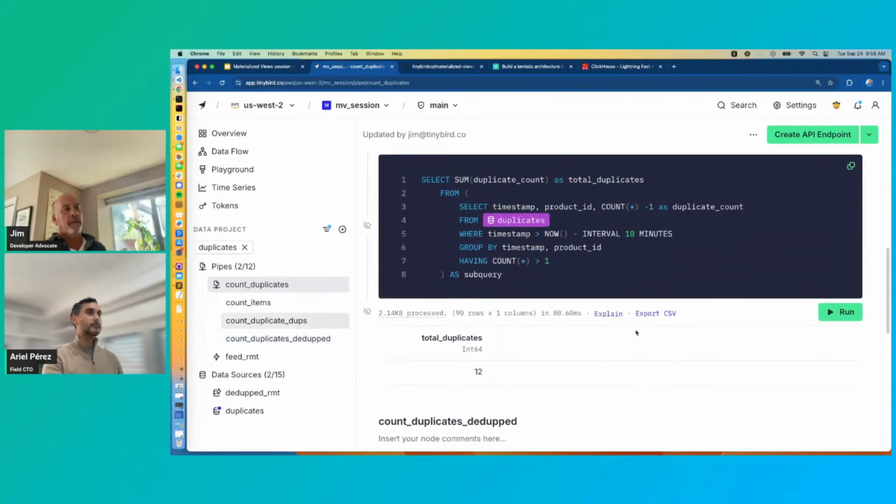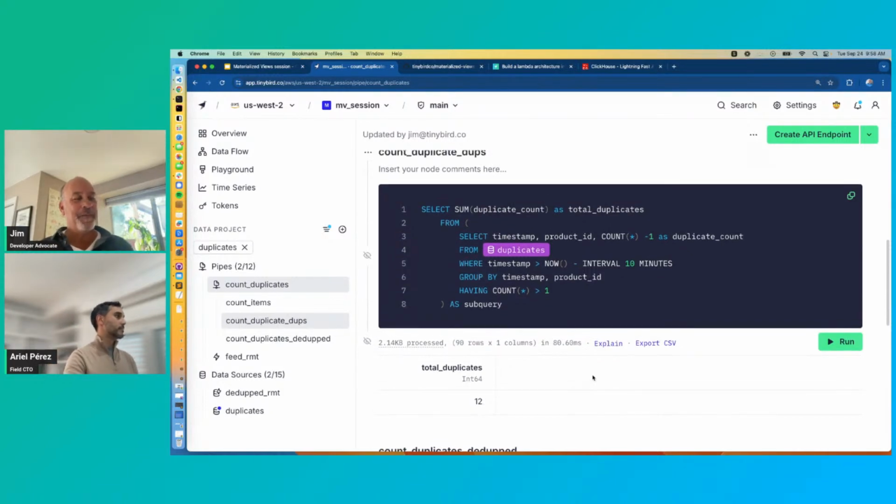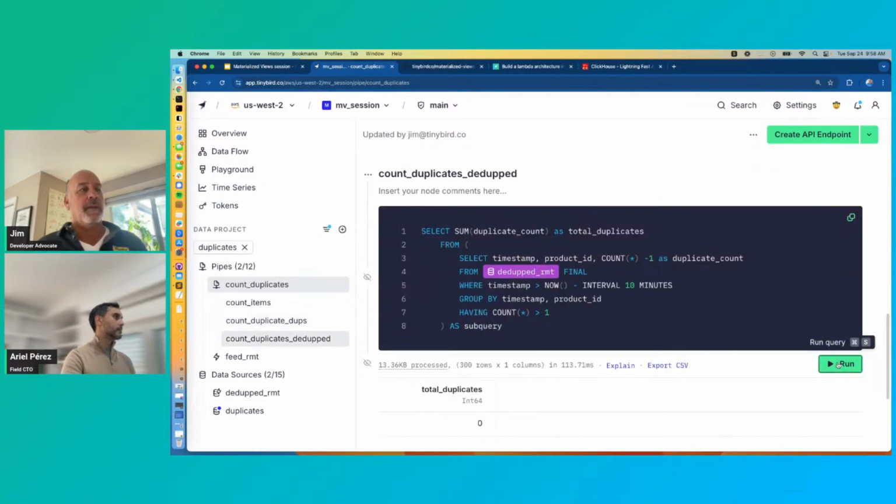Yeah, right. Okay. I wanted to go back to my deduplicating example. I just restarted my process with duplicate data. I just wanted to show this one more time. When I look back at the last 10 minutes since I restarted, I have 12 duplicates in my duplicates table. That's expected. But then you see that after I've sent it through a replacing merge tree,